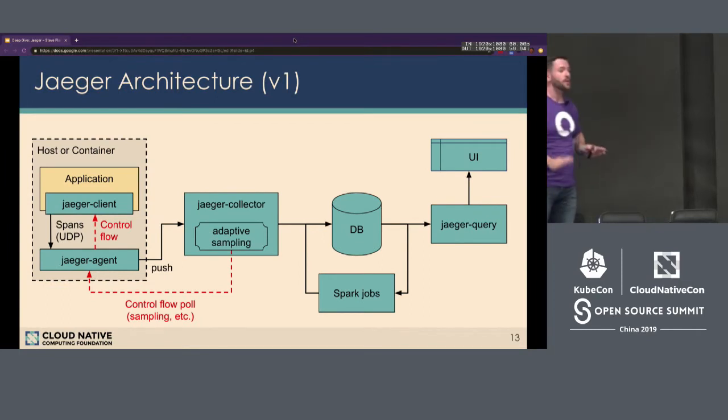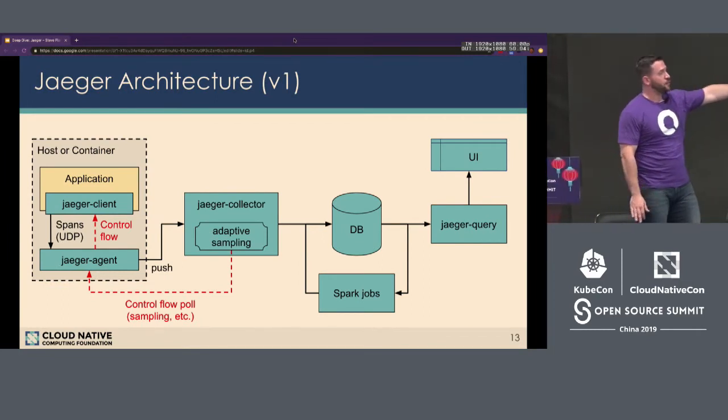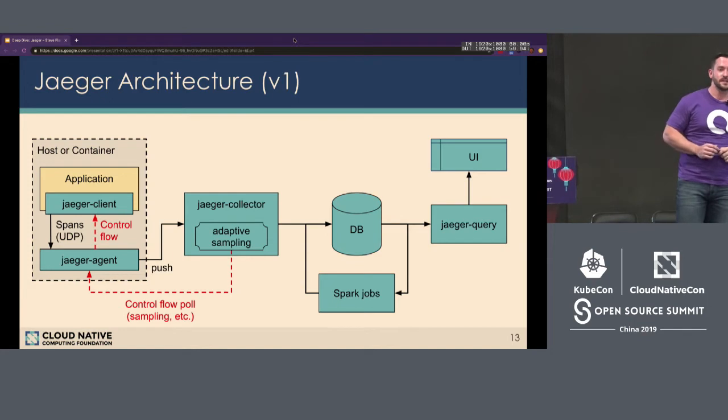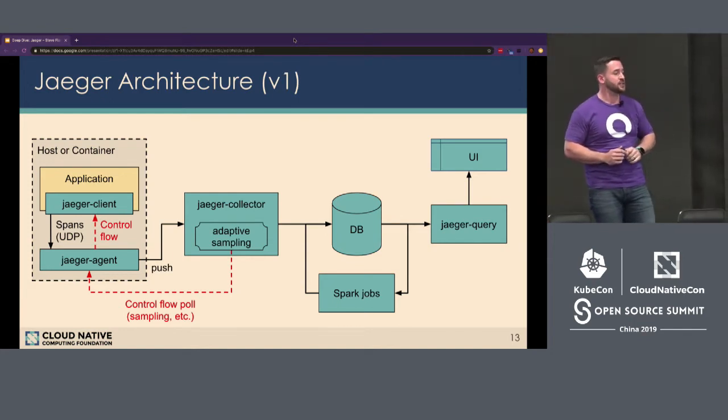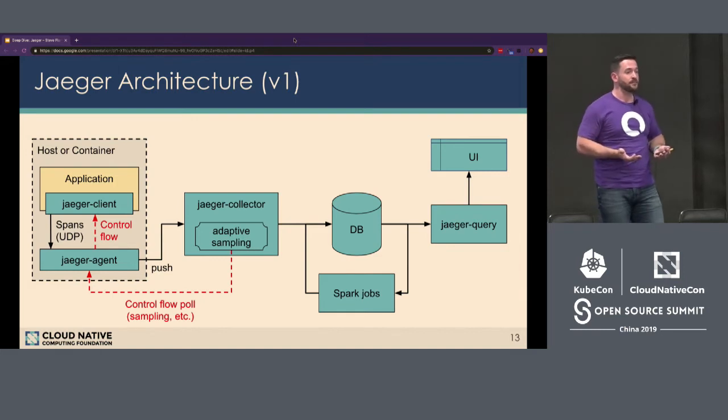Okay, so there are 2 different architectures for Jaeger. This is V1. V1 and V2 are very similar. This is actually in the jaegertracing.io documentation, so very easy to reference. Most of the blue items or light blue items represent components of Jaeger. So basically you will have an application as shown in yellow here. That's the software that you have written.